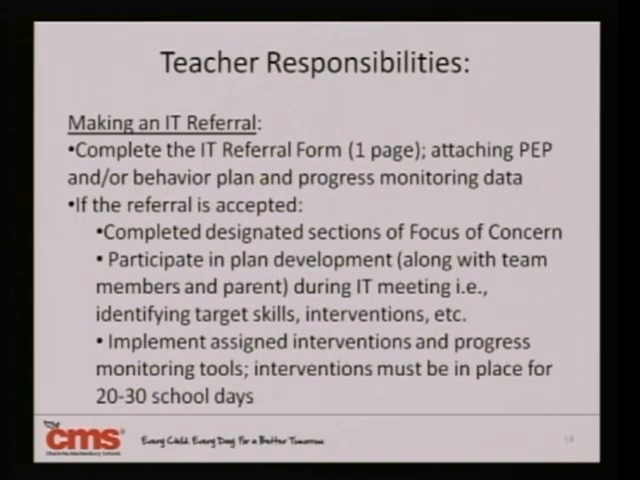Teacher responsibilities, making an IT referral. Complete the IT referral form, which will be sent to you again under separate cover. We will send additional forms under separate cover. Complete the designated sections of focus of concern, participate in plan development during IT meetings, and the other teacher responsibility,